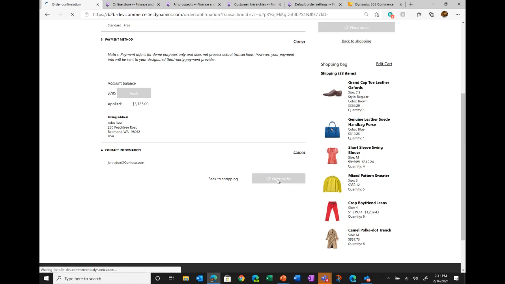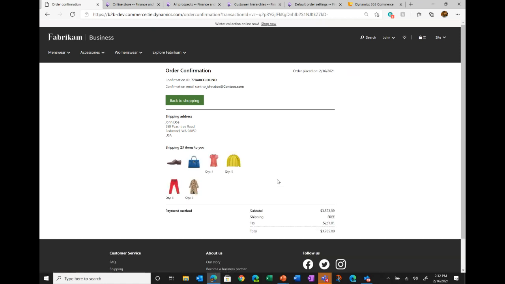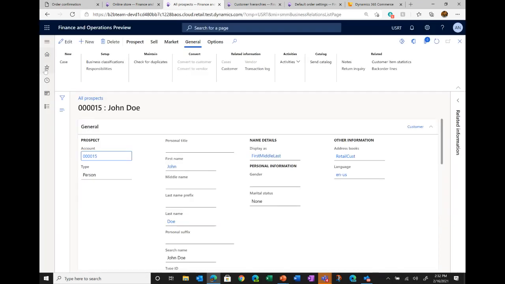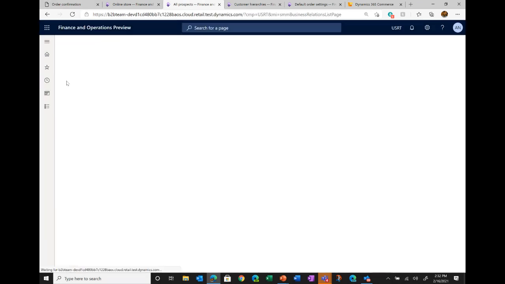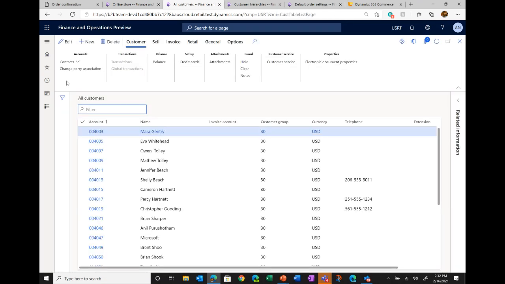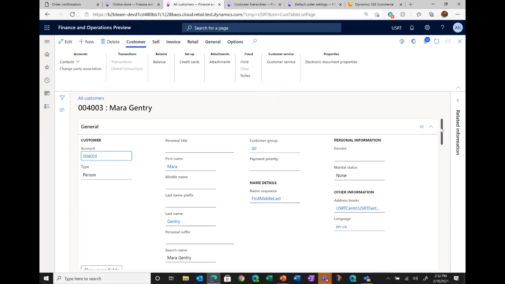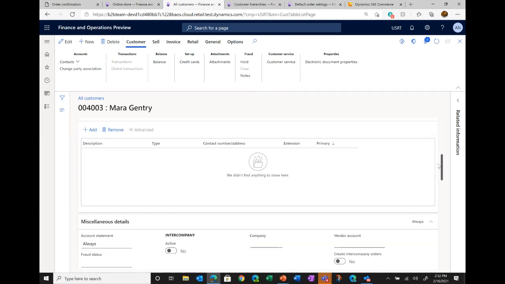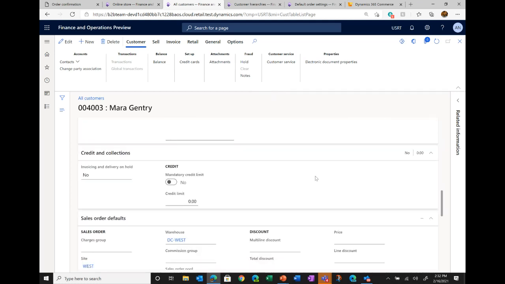So there are a couple of rules about on-account payment. The on-account payment system completely respects the configuration that we have in Commerce HQ. So when you're creating your customers, at the customer level, you basically have a bunch of parameters, which I'm sure you're aware about. So things like mandatory credit limit, and then what is the available credit, what is the credit limit in terms of dollar amount, right? So you can maintain this configuration on your customer.